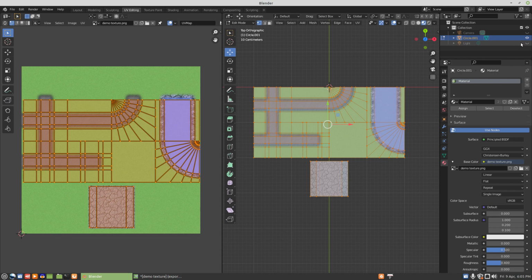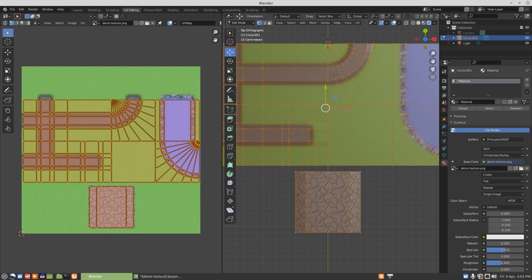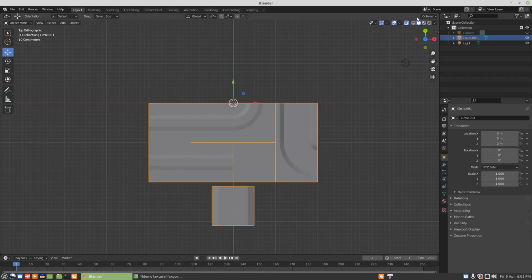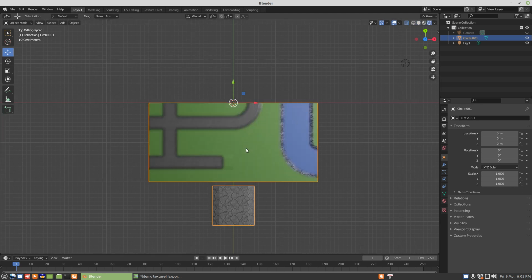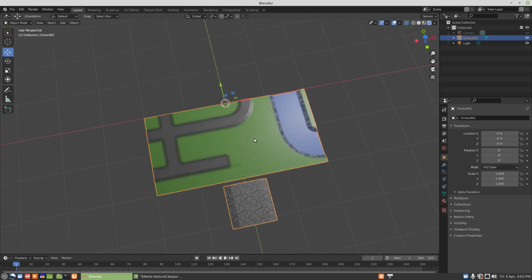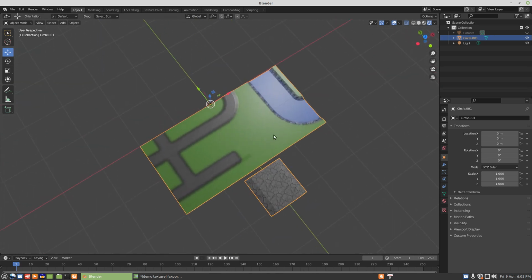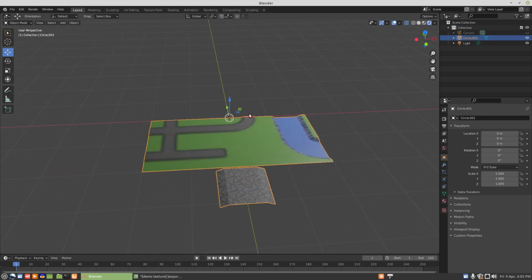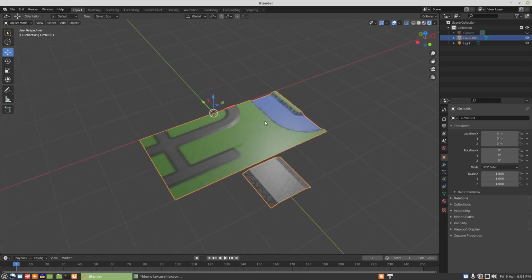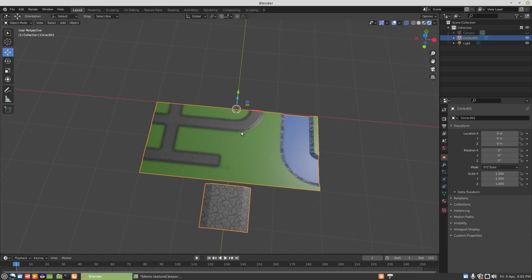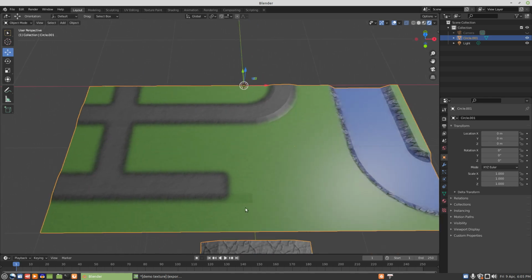In order to see that, we need to enable our light. So that's more or less what that looks like. We can exit this view now and see it from this view in object mode. It's pretty glossy, but we're not going to actually pay too much attention to that. People can perfect their materials as much as they want to perfect them, and this could just as easily be portrayed as something like